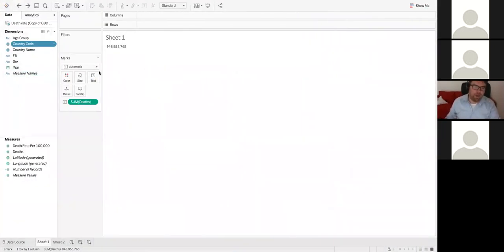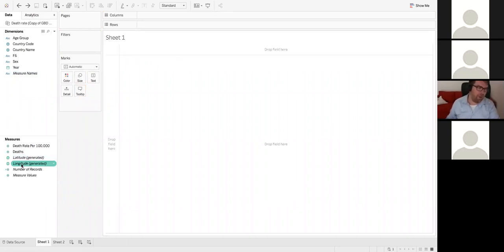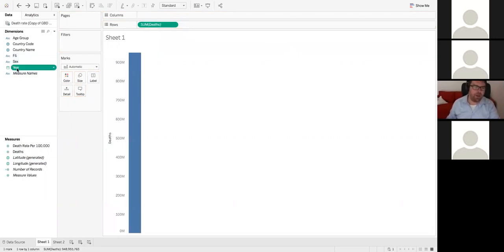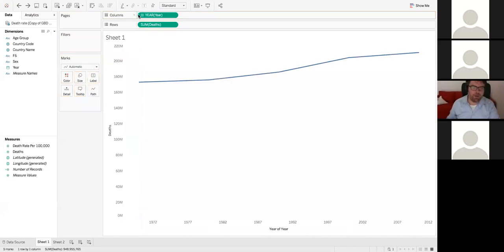What we also have here then is the marks card. This marks card has things like color, size, text, detail, and tooltip. And I think the easiest way for me to just start explaining things is to start dragging our variables into the different areas, and we can see what we need. So I'm going to put deaths in rows, and I'm going to put year up in columns. Now you can see just by doing that, it automatically has created a chart